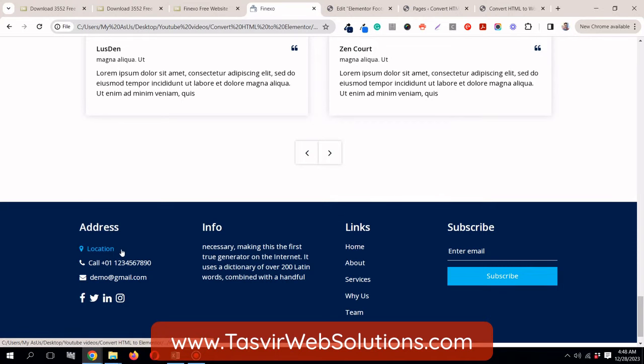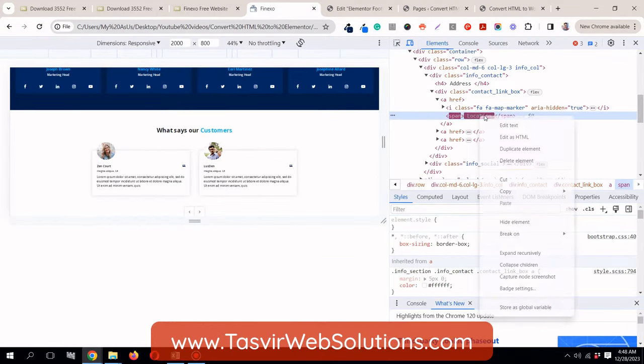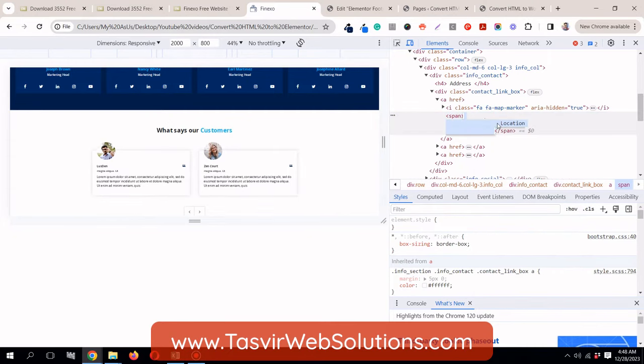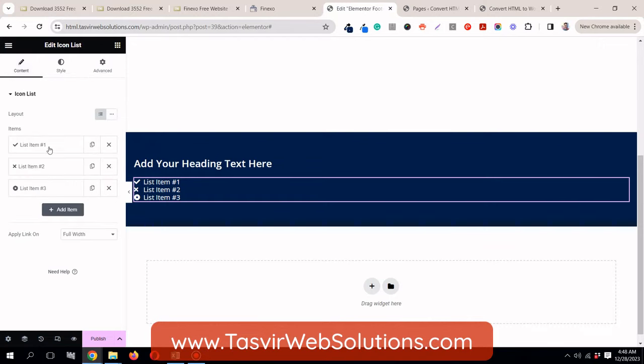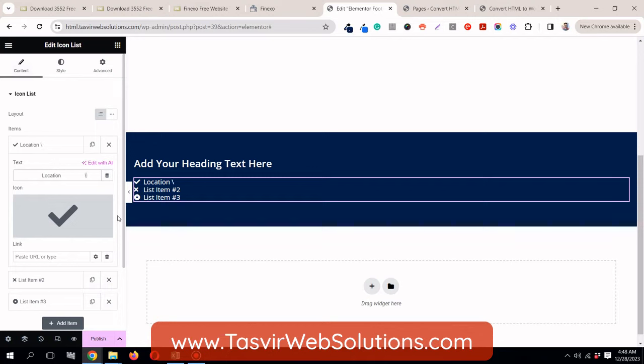So now simply all you need to do is copy paste this location. Oh, I can't. Okay, I will just inspect it and then copy it because these are kind of links. I will copy this, sorry, location, copy, and then come over here and paste it over here. Okay, let's just remove the space over here. Location,